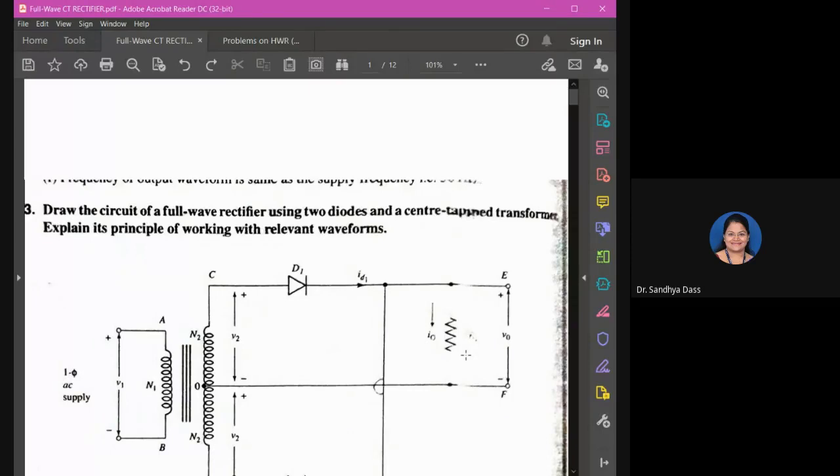Again, for rectification, you have to recall that you are trying to convert an AC signal into a DC signal. Of course, the output we are getting here is pulsating DC, which we have to keep in mind. In further classes, we will discuss how to reduce the ripple factor and so on. First we'll understand the circuit and how it works.